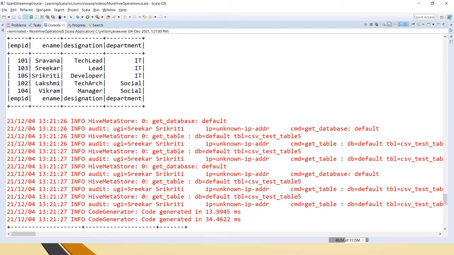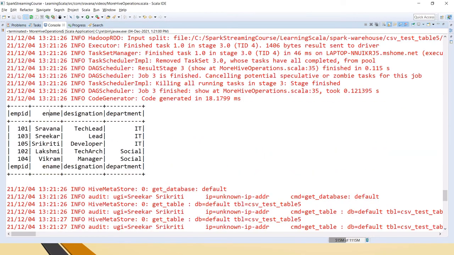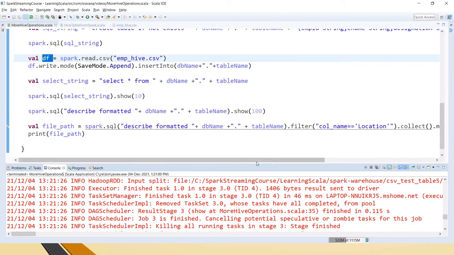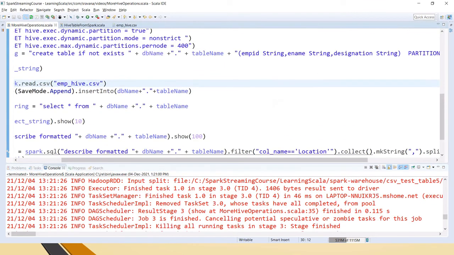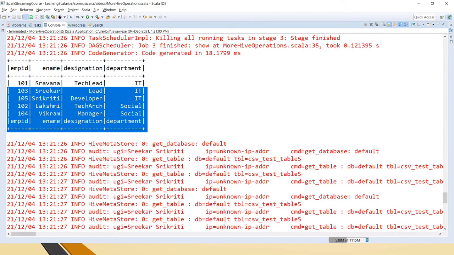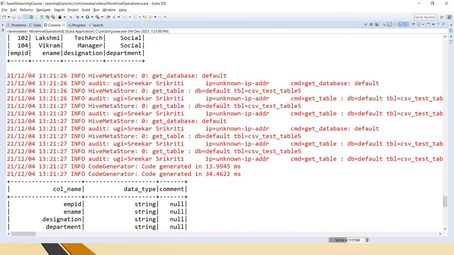Because this is from the table, it is coming like that. If I had printed this df here, for sure it would have shown _c0, _c1, because this is select star from the table, and while creating the script we have sent the schema here. It has printed along with the header. Now this is about select star from the table, which means we have created a table and inserted using the df.write method.